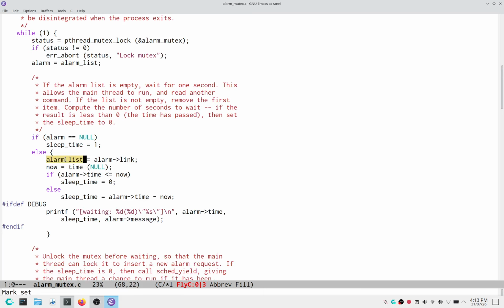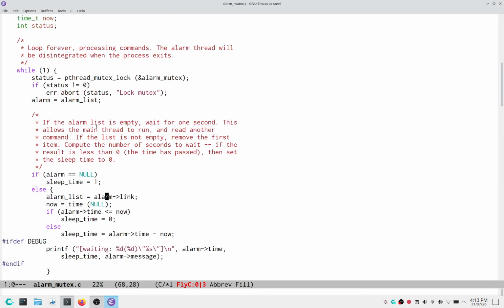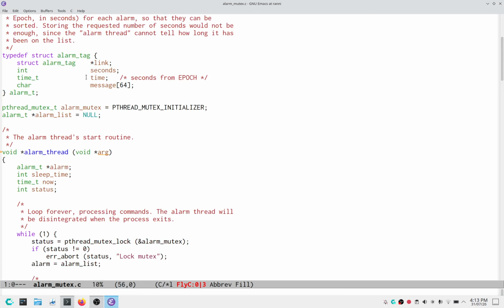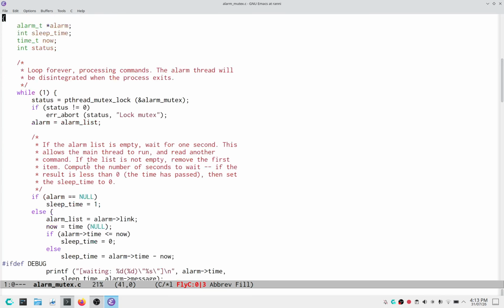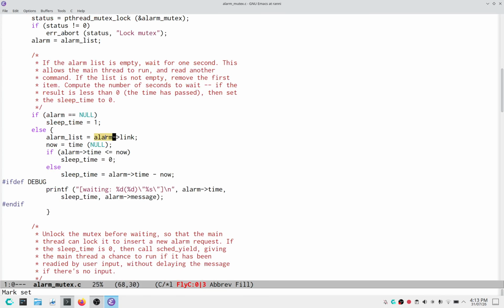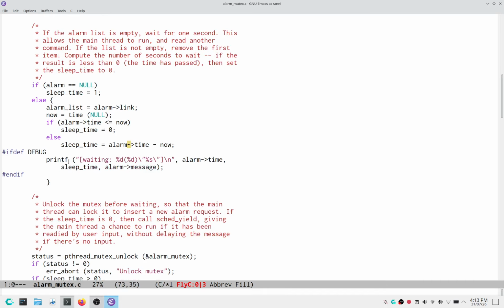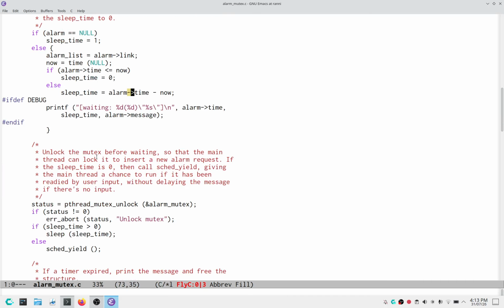So we set alarm to alarm link. So if you look at link, it is here. So we read the one element from the list and we compute now. If alarm time is less than or equal to now, then sleep time is equal to 0, else sleep time is equal to alarm time minus now. And we unlock the mutex before waiting so that the main thread can lock it to insert a new alarm